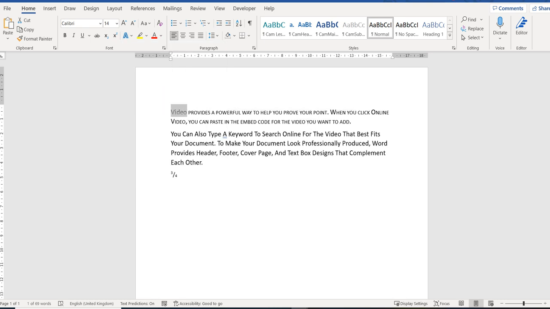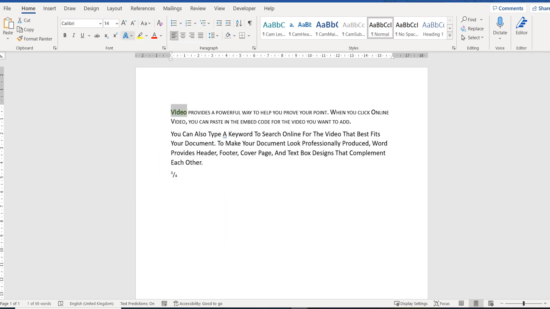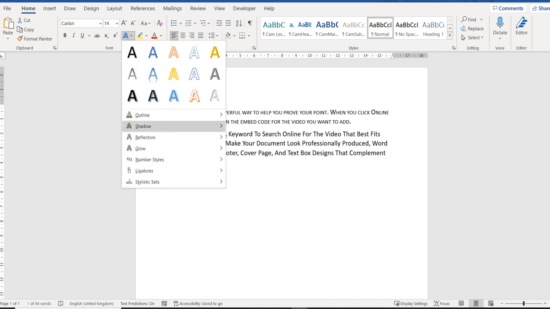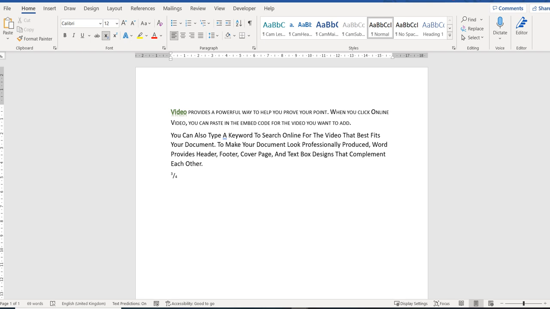So if I use that, and I could change the outline, and I could change reflection, etc. So there are various things that you can do. Okay, so that's ways in which you can enhance a heading, or a paragraph heading, or a word, or a